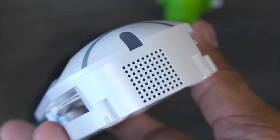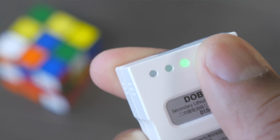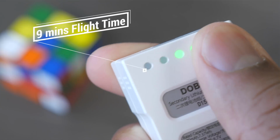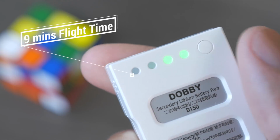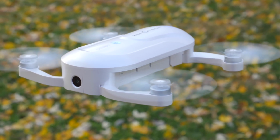Now, a couple of things to consider is that this drone does not come with a carrying case. So if you are gonna be taking this thing out a lot, you probably wanna get something to protect it. And also too, the battery life is around 9 minutes of flying time, which is actually pretty reasonable for a drone of this size. But if you feel that you're gonna be flying a lot, you might wanna invest in another battery. And so this drone is priced at $399,